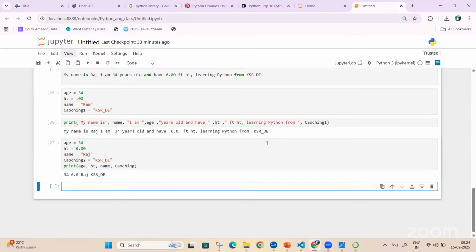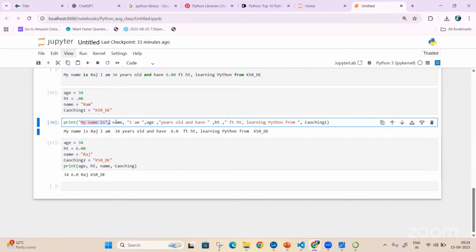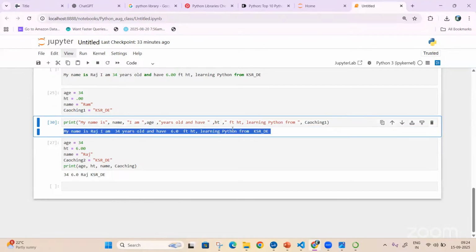I thought it's for the variables. It's not readable, because this is one string and this string is coming from here, and this is one string, this string is coming here. So it is concatenating the whole thing together here. Now, how to write different print statements, we'll see tomorrow.